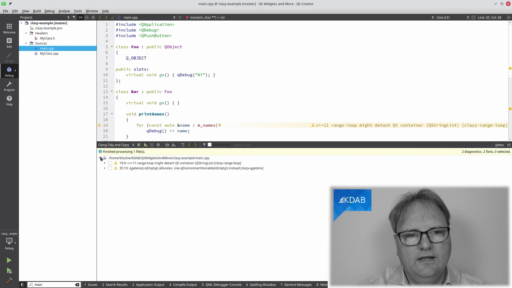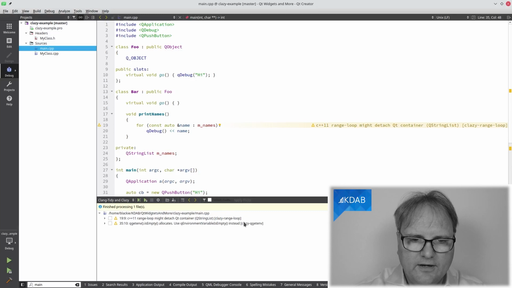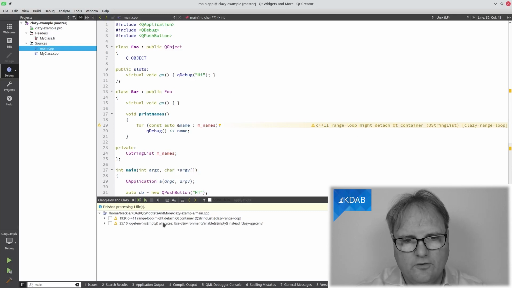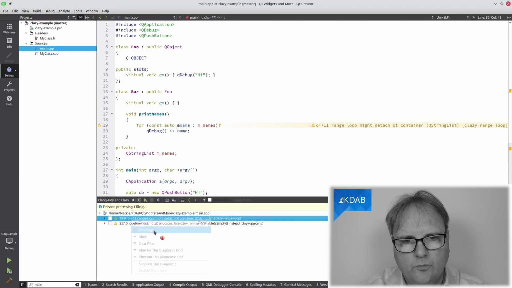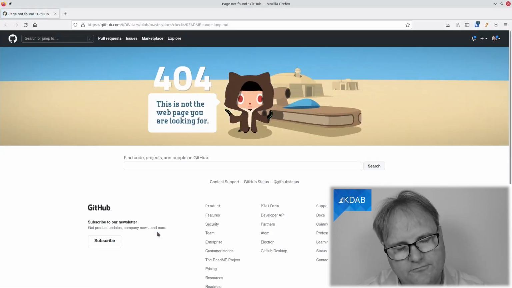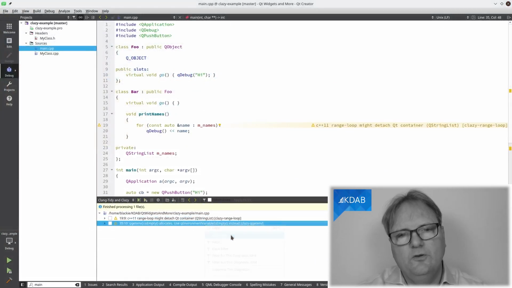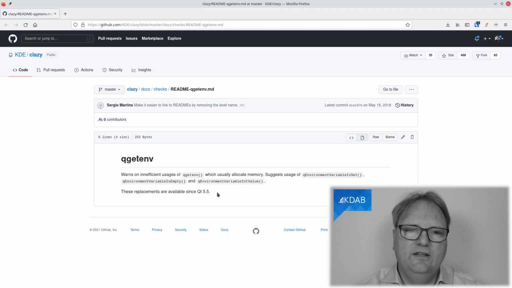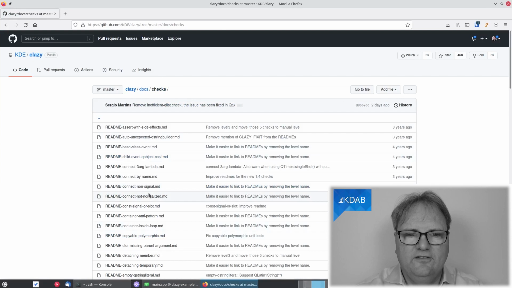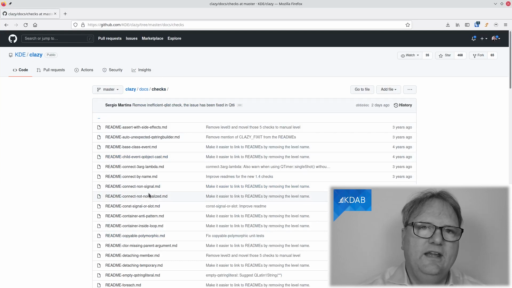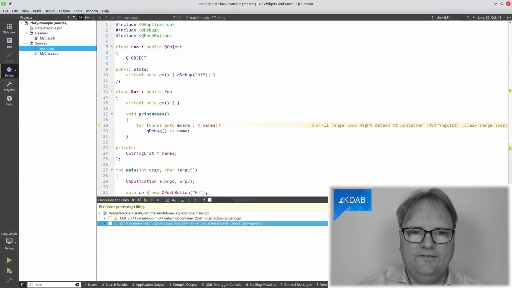And you can see I did that, and it is spitting out some warnings to me here. The first one is the one that you already saw up there, and I can look at it in more detail here by right-clicking, and I can go to the web page. And this, very nice, obviously was renamed recently. Let's take this one here. Go to the web page, and over here I can now see the description. If I want to see the other one, the one that I failed with, just checks, and here I can see each of the checks. Okay, so that's the first thing.